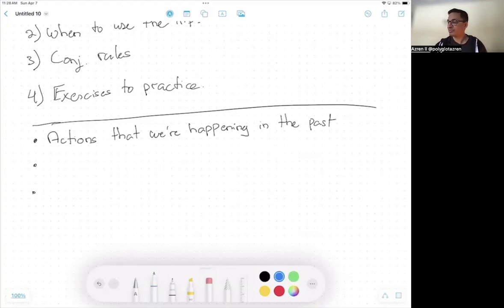Keyword here, were happening, right? See that were, like the ing on happening, that's important. So one time we use the imperfect past is when you have a verb that has an ing,